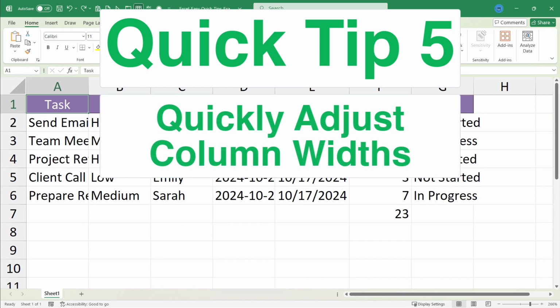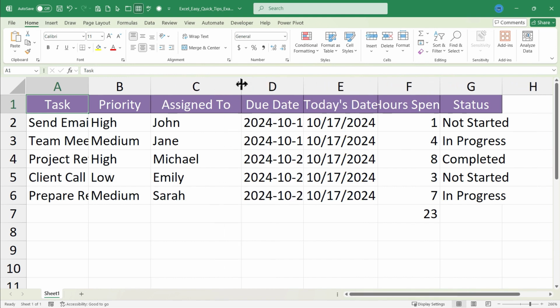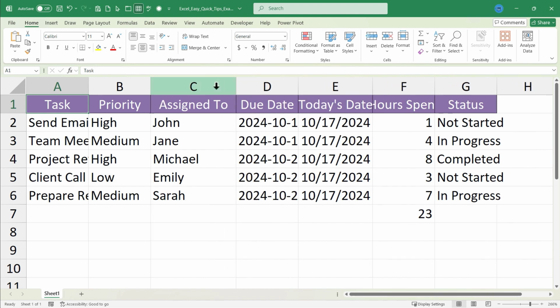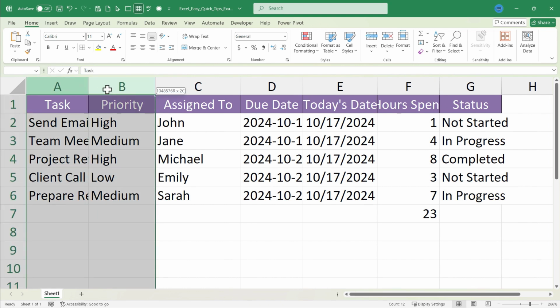Quickly adjust column widths. So I don't know about you, but this has been driving me crazy so far in this video. My column headings do not fit in the space provided. And there are lots of ways I could fix this. I could click and drag to get the exact widths that I want for each column, but there's a much faster way. All you have to do is click and drag to highlight the column letters from A to G